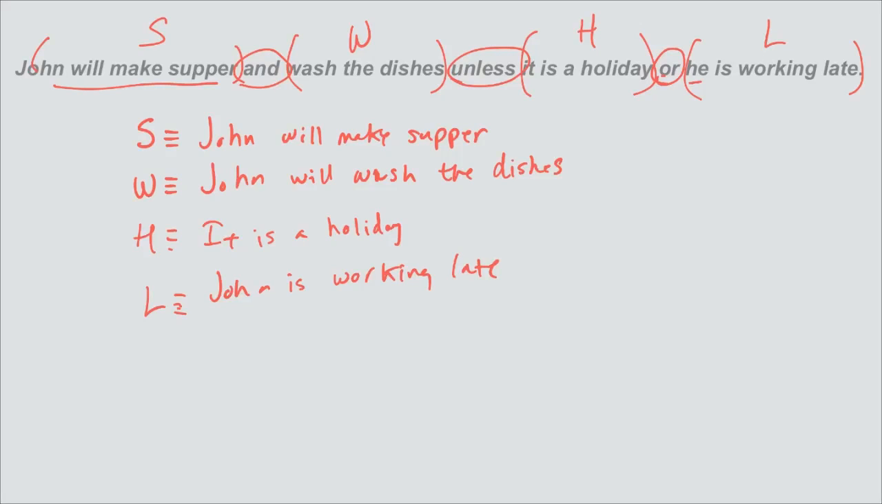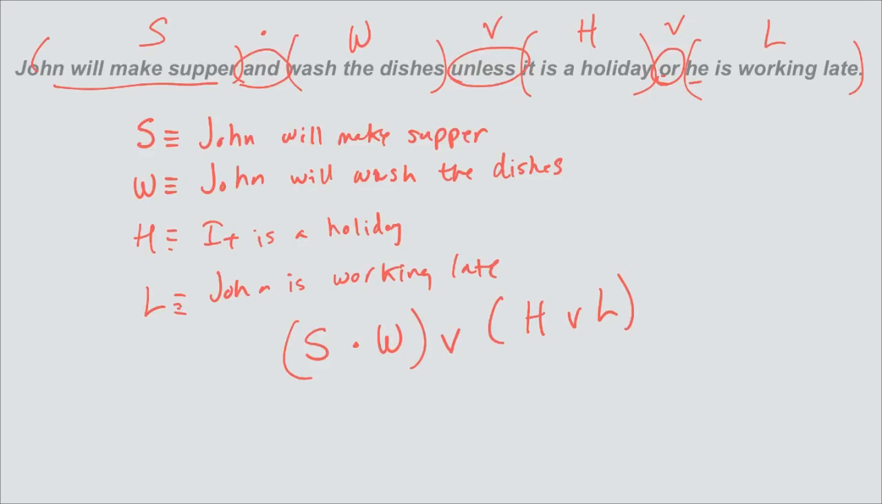John will make supper and wash the dishes. So John will make supper and John will wash the dishes. Unless, now if I do the unless as an or statement, I just got my dot here, got my or here, I got another here. John will make supper and wash the dishes unless, in this case I'm using the or, it is a holiday or he is working late. So there's one way in which I could represent